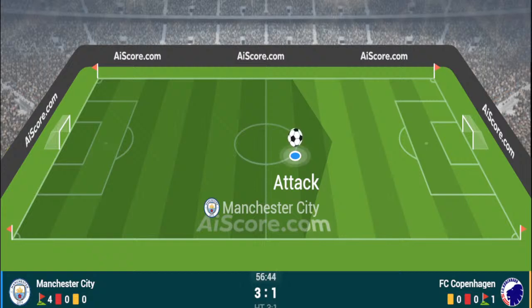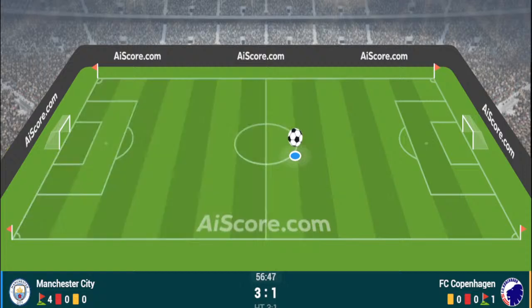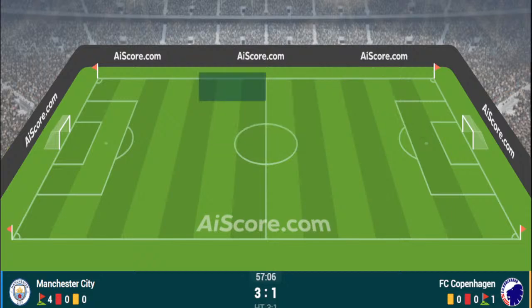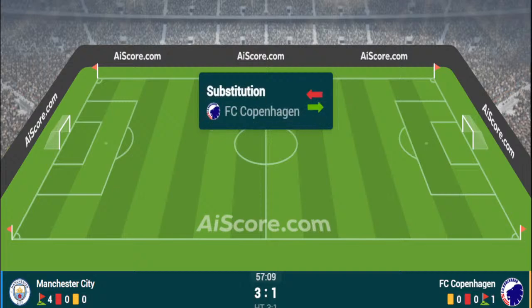Kovacic along down the right to Akanji. Akanji should bring this now to the right side to Rico Lewis. Rico Lewis actually gets the ball from Mateus Nunes. What's happening is you're seeing Kovacic and Guardiola hog the touchline, and Lewis and Sergio Gomez come into the middle, and it's kind of like a ball around this Copenhagen whole team, not even defence, whole team. So create a circle, and it's about playing through the circle. Once they do that, their route to goal to find an Oscar Bobb and an Erling Haaland or an Alvarez is easy. And tonight we're seeing a real example of the brilliance and the tactical mind